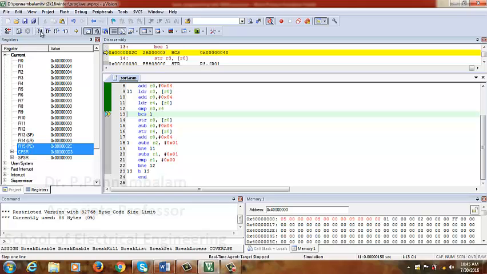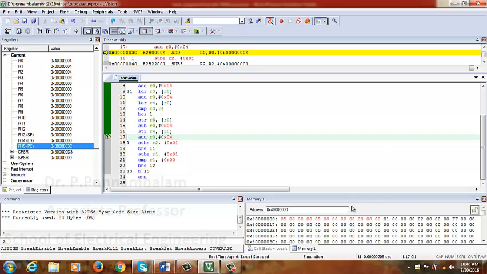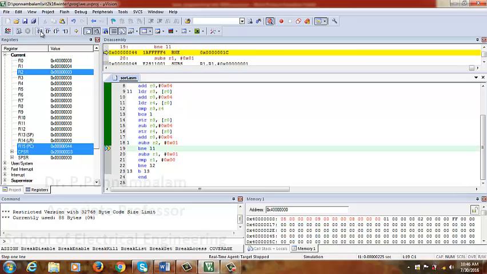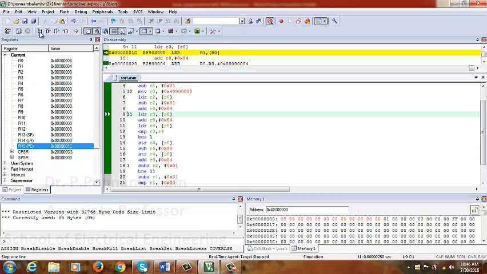So if a borrow is there, your carry flag will be reset. Obviously BCS means branch if carry is set, then only it will branch. If borrow is happening, branch carry is clear, so it goes into this particular instruction. So that is swapping. 8 and 9 have to swap, so that has happened. Now you can see 8 and 9 is swapped. Then again subtract R2 by 1,